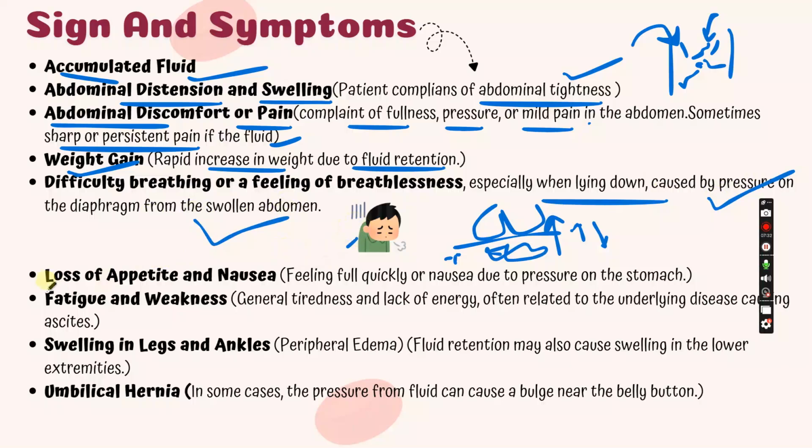Okay. So next is loss of appetite and nausea. Obviously, whoever feels sick, there is a loss of appetite and nausea. In this condition, these two things increase or get very much expanded. That is feeling full quickly or nausea due to pressure on the abdomen, on the stomach. So the diaphragm is also getting compressed, so are the lungs, and eventually the stomach will also feel pressure due to